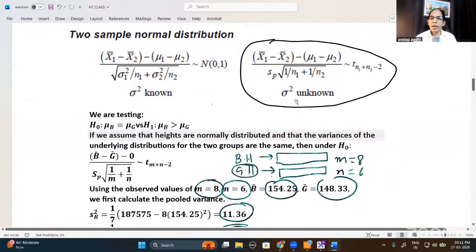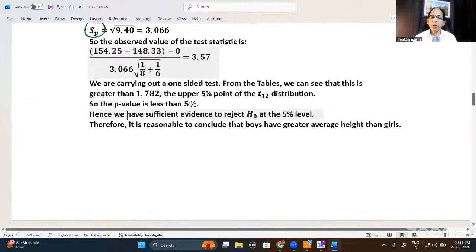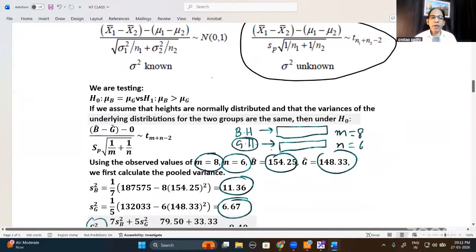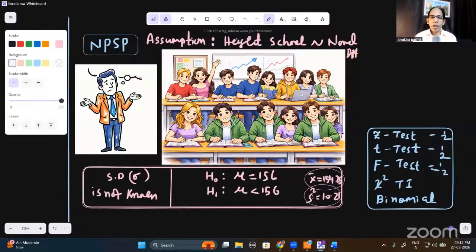Again, I've written here how to do it. I already taught this also. You follow this one. This is given. So what is the final one? Here it's given: we have insufficient evidence to reject H naught. Again, we're accepting. What are we accepting? The heights of boys and girls, there is no difference. Insufficient evidence to reject H naught, because in H naught we have written mu g minus mu b is equal to 0. Mu b is the mean boys' height for the whole school, and mu g is the mean girls' height for the whole school. Okay, we are saying this. Done.